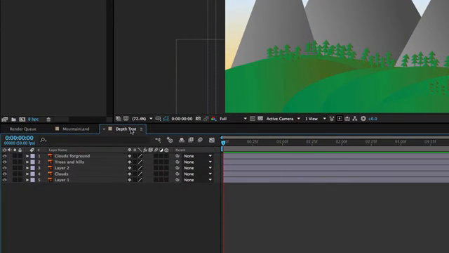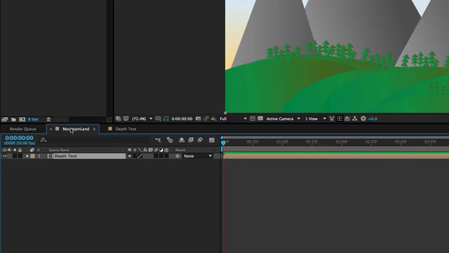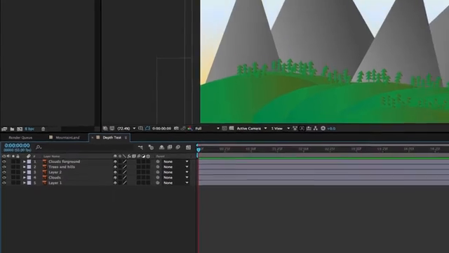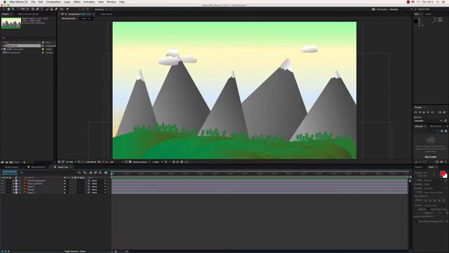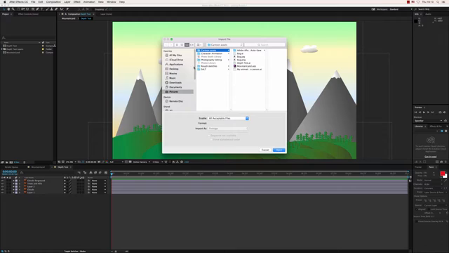So what you might notice down at the bottom is I have various tabs. I have Mountain Land, which is the name of the composition I created, and I have Depth Test, which is the composition that I've just imported from Illustrator. So what you can have is different elements in there effectively. So if I import something else,